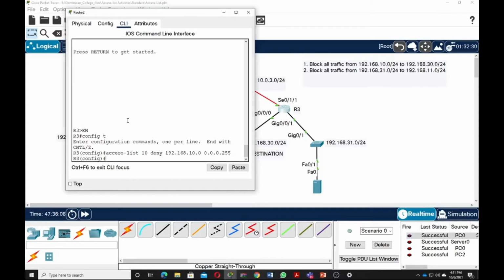Okay, so now, since in an access list there is an implicit deny command which is hidden in each access list, we need to issue at least one command to permit other sources from entering the network. So we need to add access-list